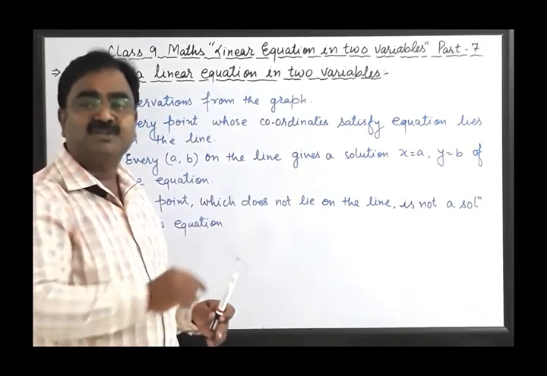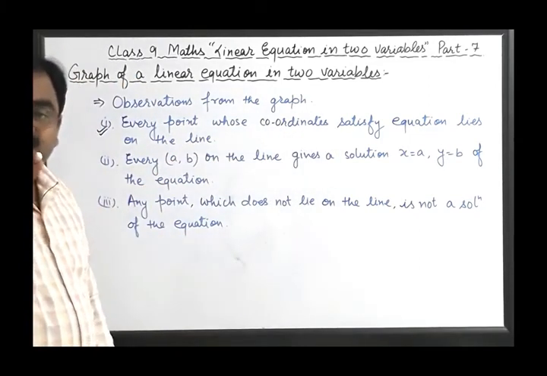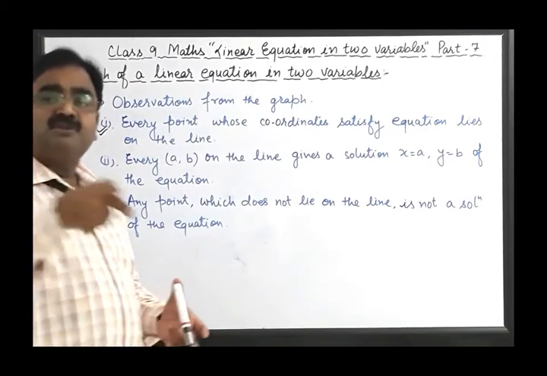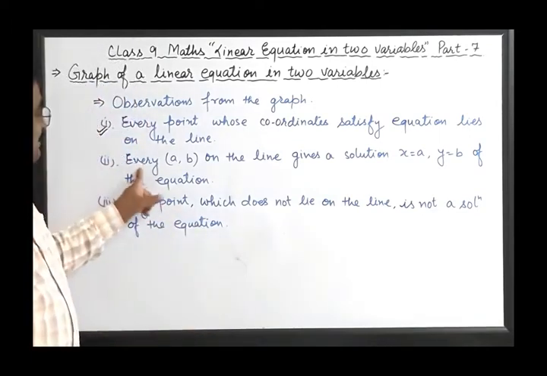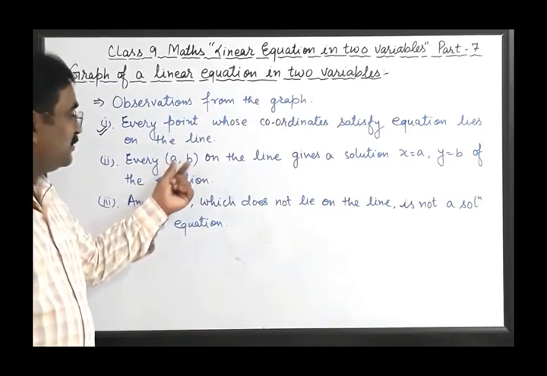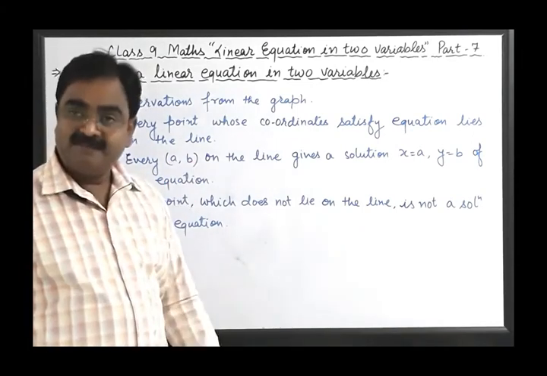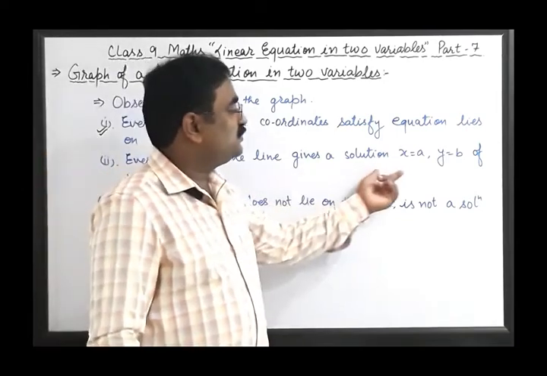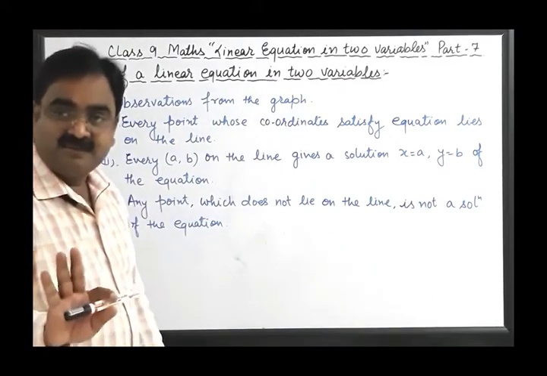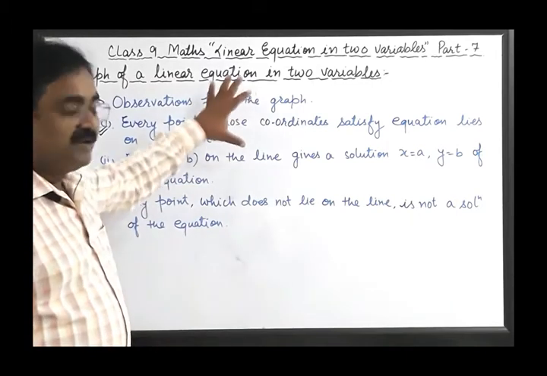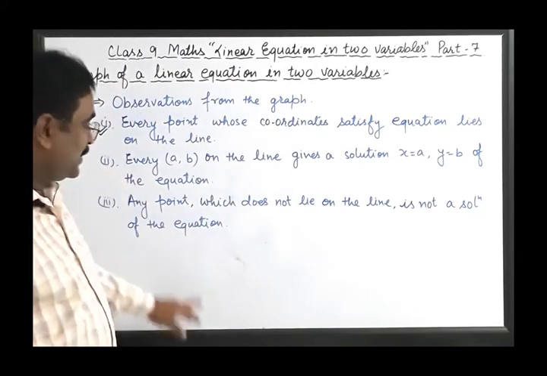who satisfies the equation, they always lies on the line। याद रखना, वो पॉइंट्स जिसका कोऑर्डिनेट्स इक्वेशन को सेटिस्फाई करेगा वो लाइन पर लाई करेगा, ये याद रखना। सेकेंड पॉइंट इज, एवरी पॉइंट whose coordinates are a, b on the line, लाइन पर कोई भी पॉइंट है, सपोज उसका कोऑर्डिनेट a, b है, so therefore this gives a solution x is equals to a and y is equals to b of the equation। कोई प्रॉब्लम हो बच्चों, so you can discuss, but you have to note down this in your notebook with the question, with the example।